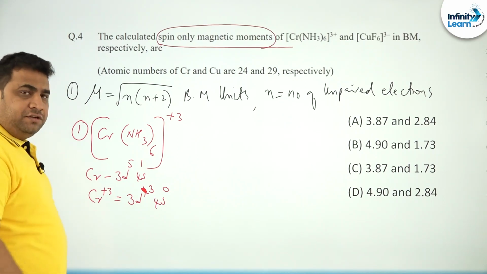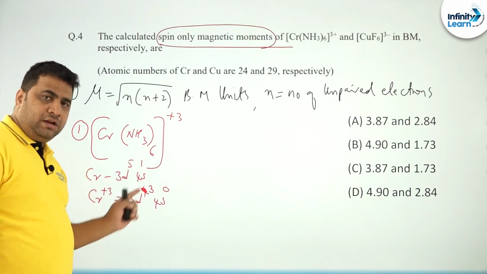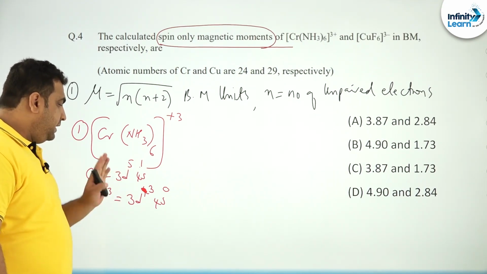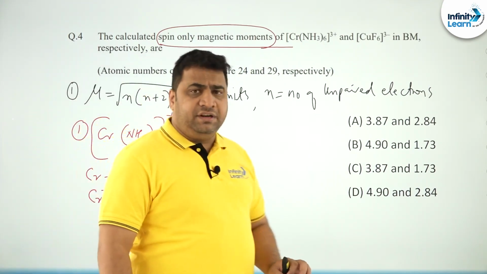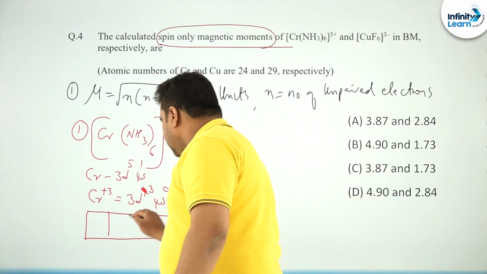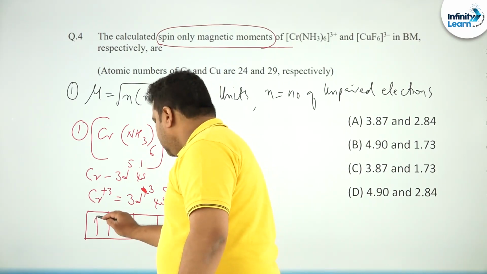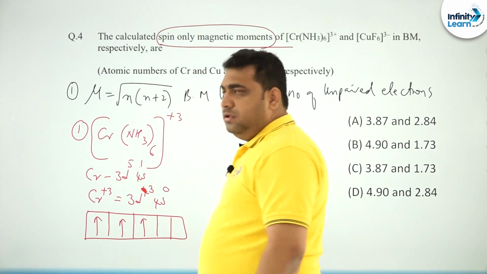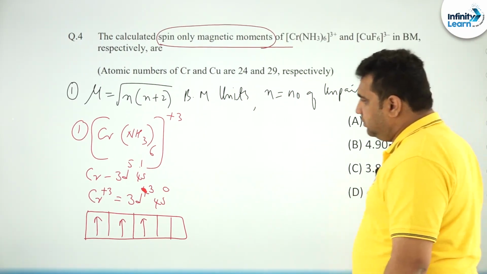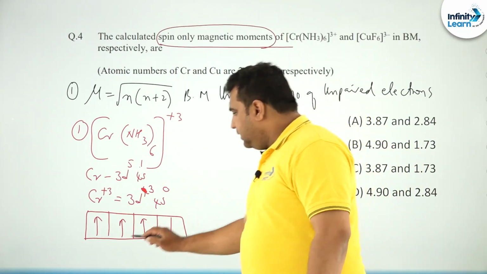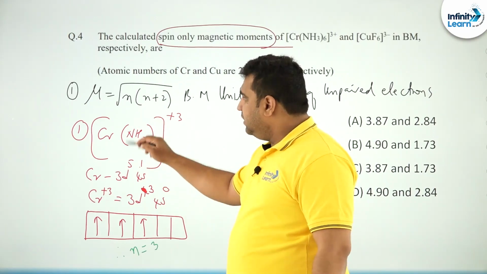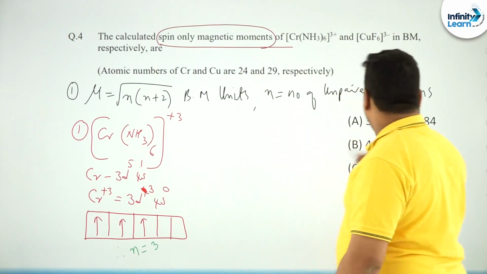4s0. Why? Because first you remove the electrons from the outermost, then you have to come to the innermost. So 1 electron is lost from here, 2 from here, so total 3d3. 3d3 means how do you fill the electrons in octahedral complexes? You have to fill the t2g and eg orbitals, and you got 3 here. So how many unpaired electrons are there here? 3. So I will not proceed further. You take n as 3 for this and solve for this particular complex.